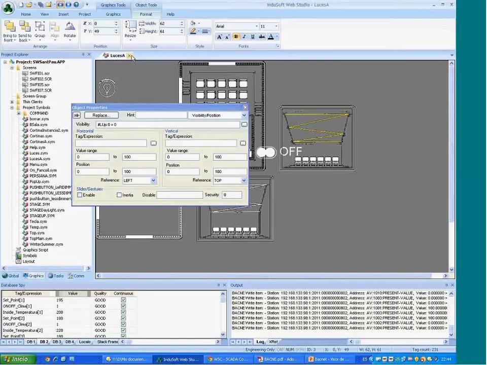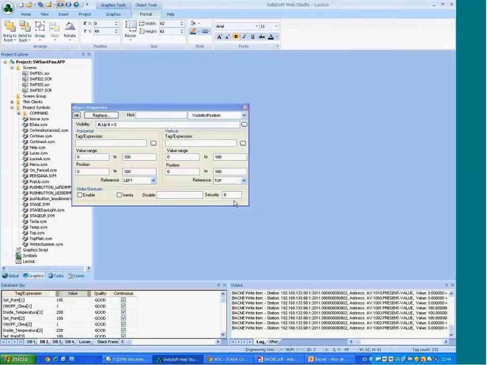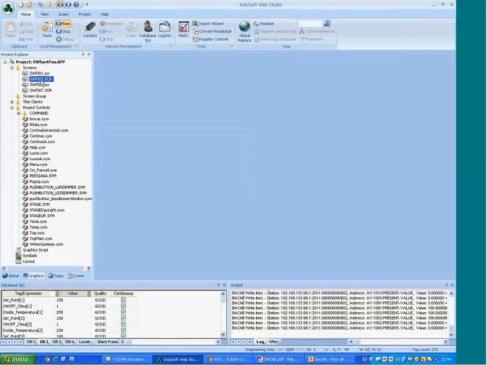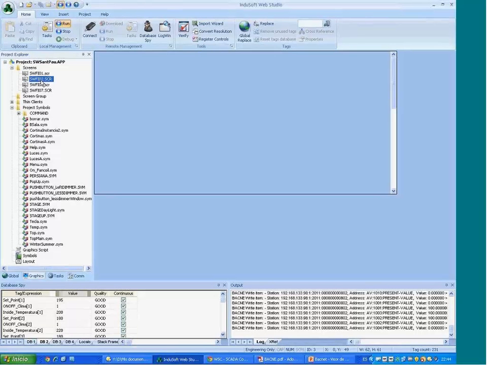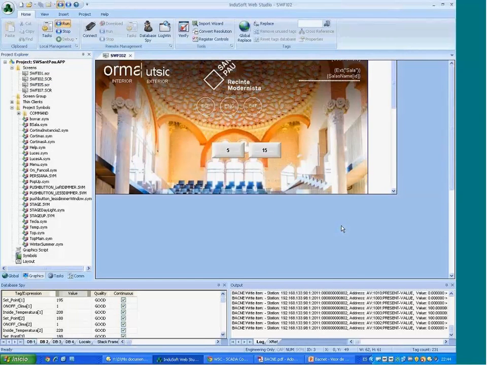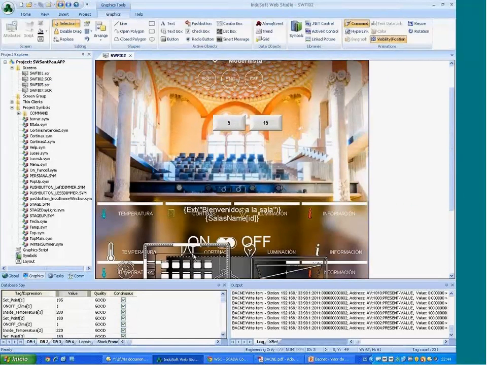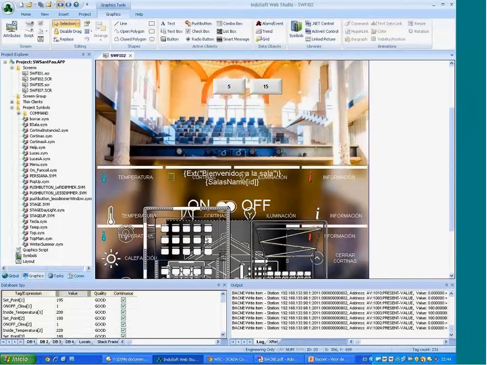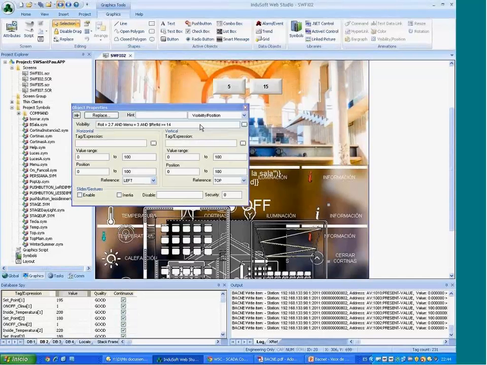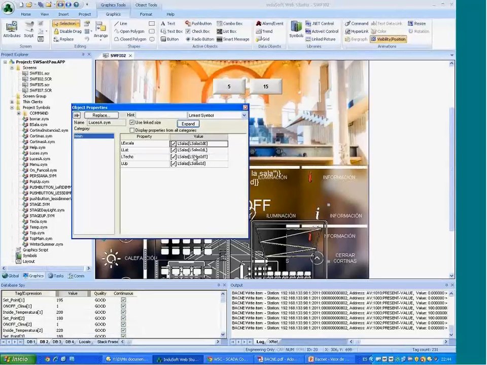All the power is inside InduSoft. And when you call it, you just need to control the symbol with